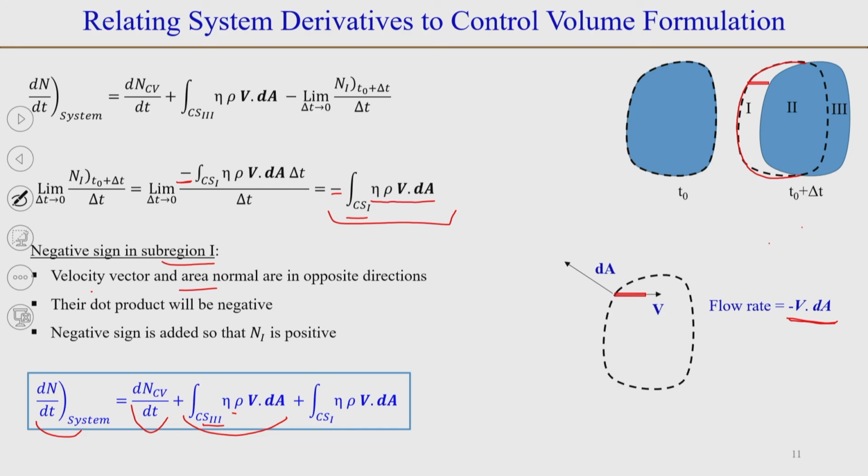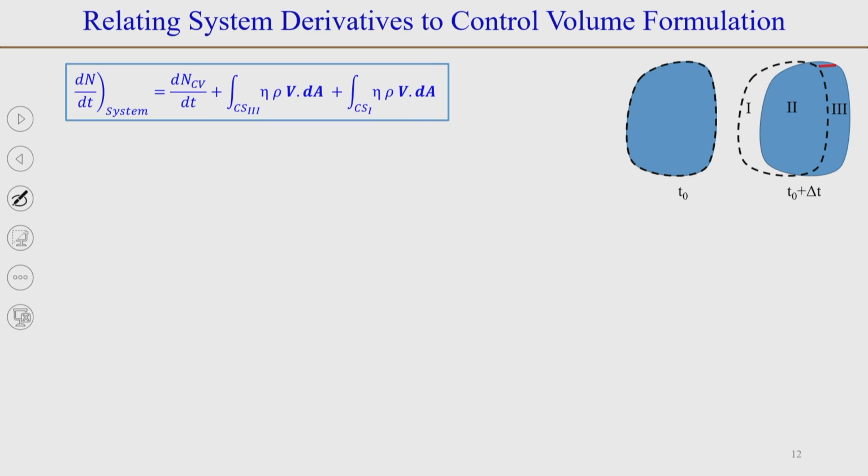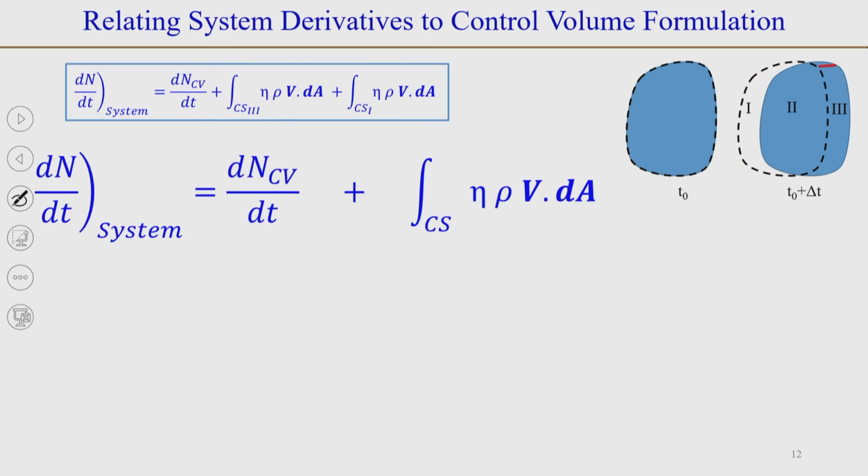Now, because we have taken the negative sign into account while deriving this, we can combine these two. So, on combining we can write the general equation that dN by dt of the system is equal to dN by dt of the control volume,